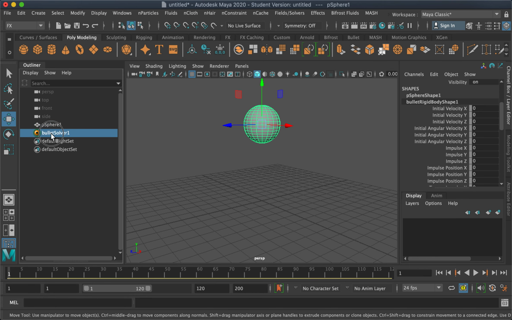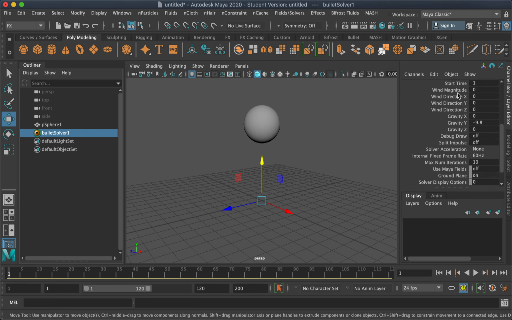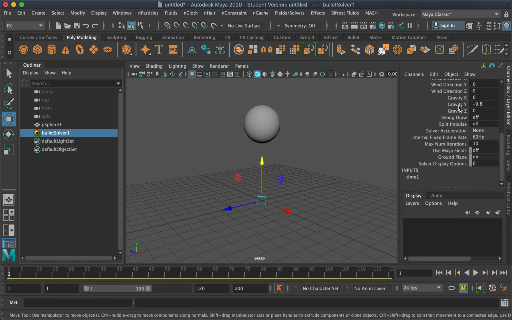In the Bullet solver, there are of course different attributes here. We know that gravity Y is by default negative 9.8. This is due to the acceleration due to gravity. If you recall in our physics class, negative 9.8 meters per second squared is the magnitude of the acceleration.